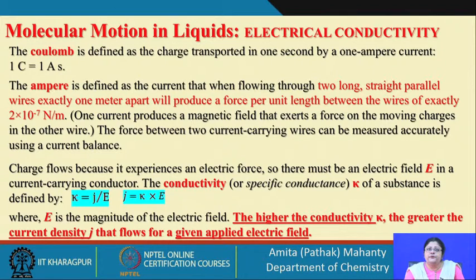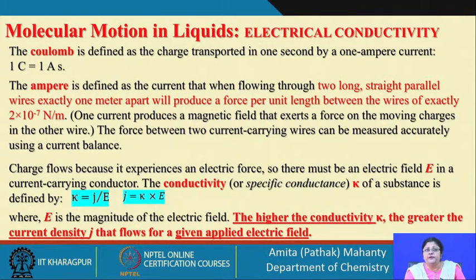One current produces a magnetic field that exerts a force on the moving charges in the other wire. This is the force we are talking about. What is the force which we are looking into? We are defining the ampere in terms of the exact force which is exerted between 2 long parallel wires